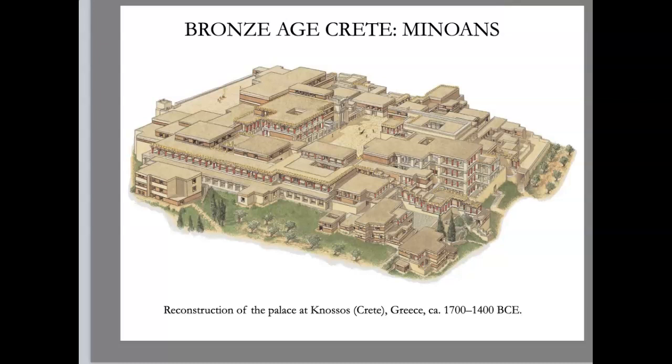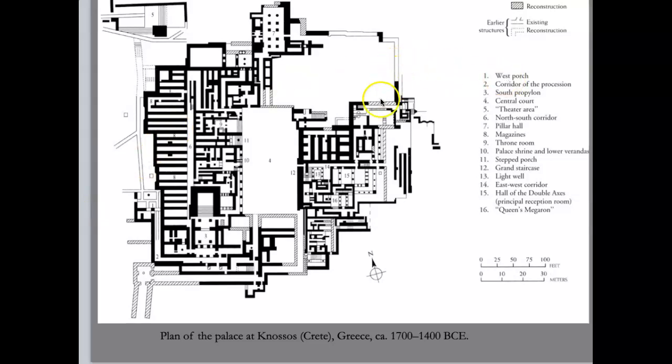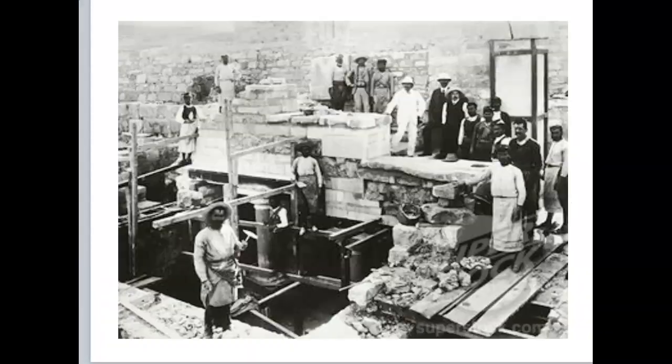And you can see this. Not only is it a palace, but look over here. It's like 4 stories high. It's really, really incredible. It was a 3-acre palace on a 6-acre site. And we believe that there were over 1,000 interlocking rooms. And here you can see a plan of the palace at Knossos. This is what it looked like in the archaeological phase where it was being uncovered.